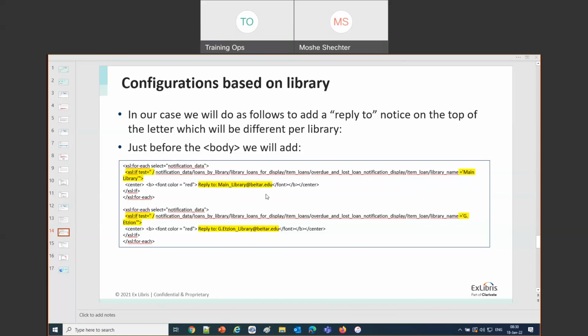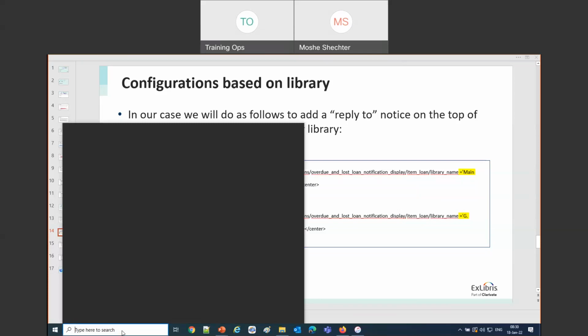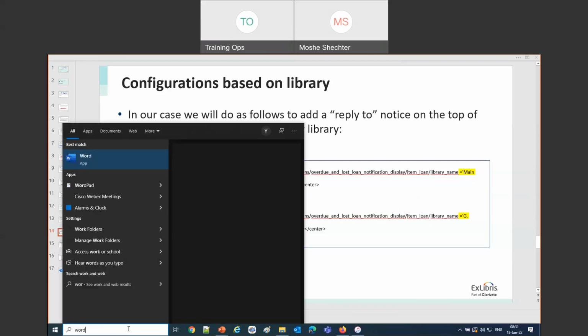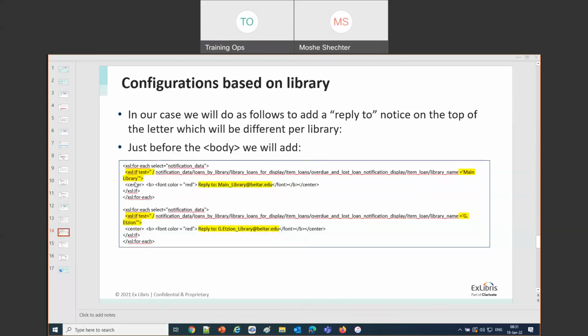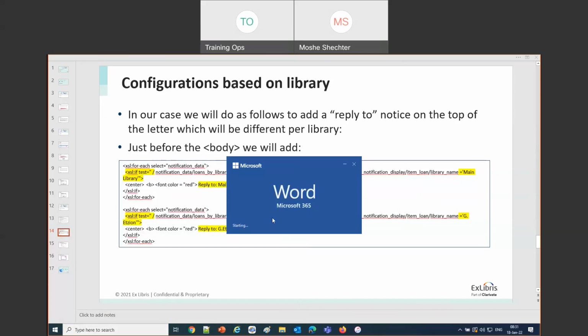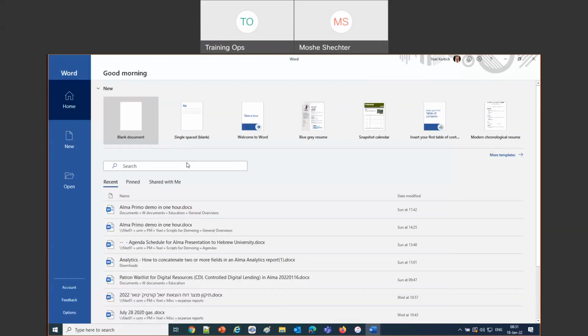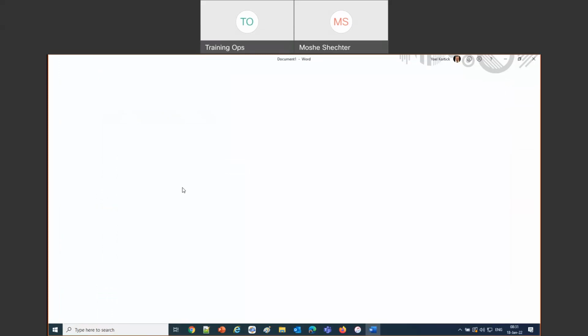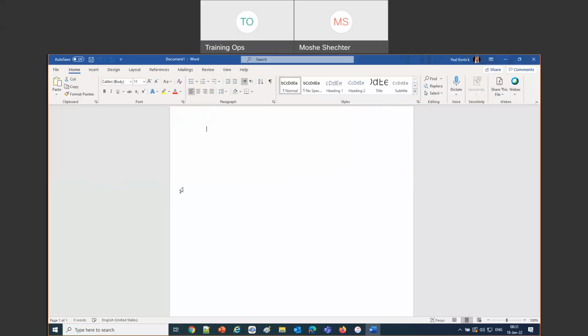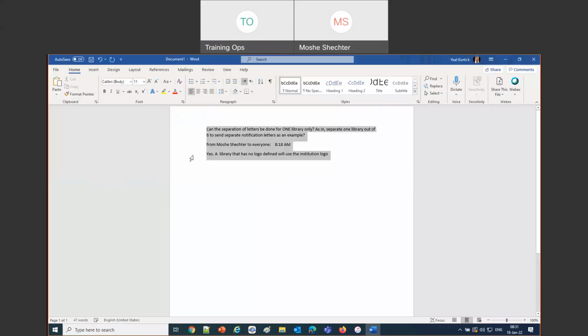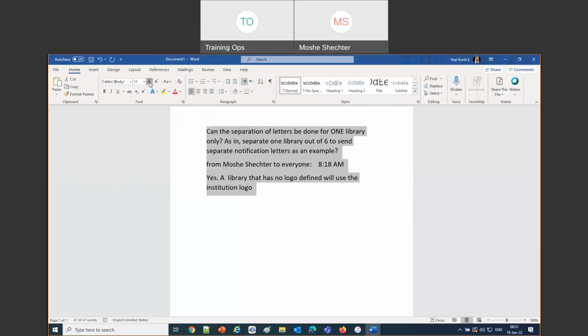Yes, so just to refine my answer so that it's accurately understood. The question was about separation of letters for 1 library only. So my answer is referring to the logos. You can define a separate logo only for 1 library and leave the others with the institution logo. So only the library that you define a logo for will override the institution logo.